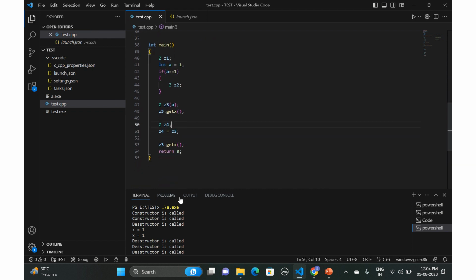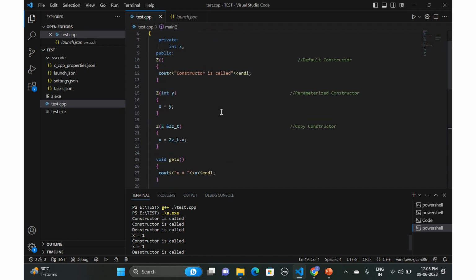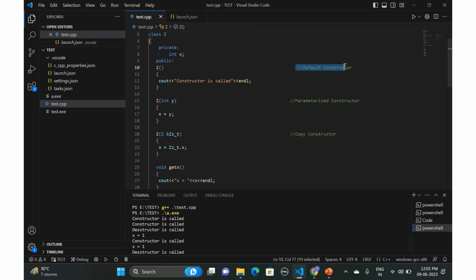Let me save this and run it for you. Okay, one more time running the executable, and if you see, it's the same result, but the invocation of the constructor is a little different. There is a concept of deep copy and shallow copy. Of course we will discuss this in the upcoming video, but this was regarding the three constructors with an example: